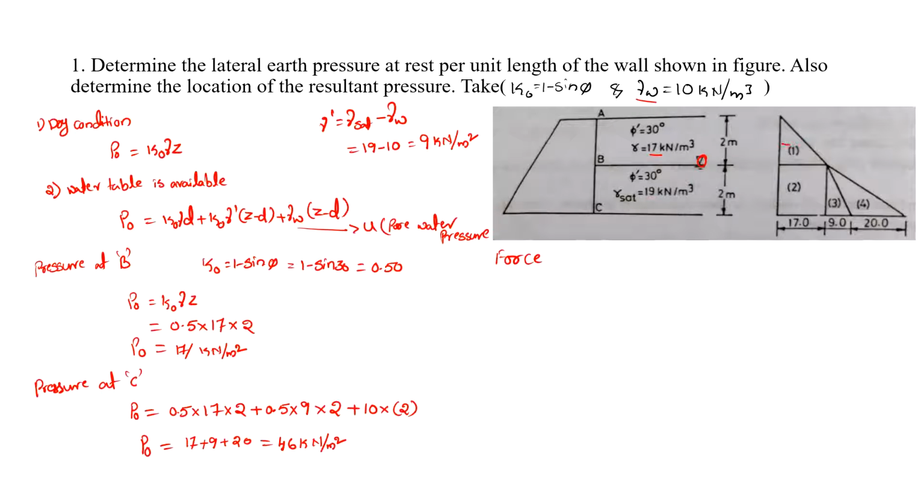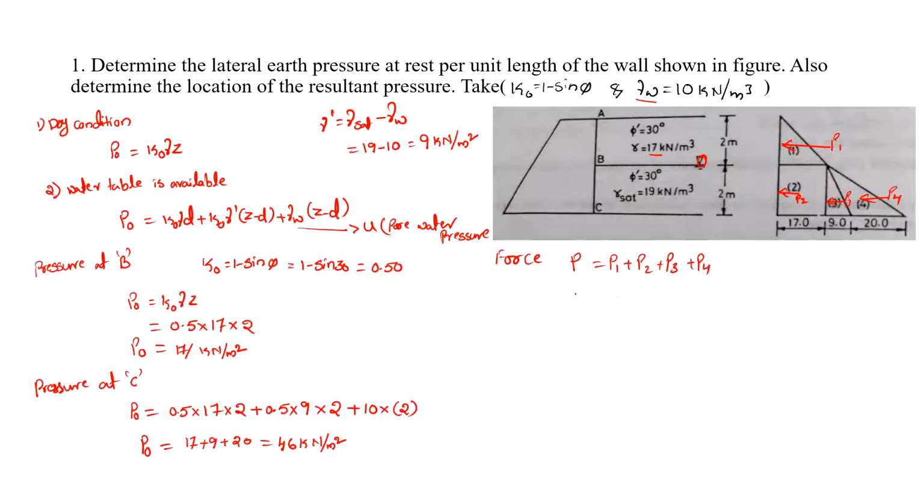So I will write here, this is the P1, so entire triangle 1, and this is the P2. The P2 is in a rectangle shape, and P3 is also a triangle, and P4 is also a triangle, right? If we calculate the area of this pressure distribution diagram, then we can get the entire force. So we have to calculate the total pressure, denoted with P, that is the summation of P1 plus P2 plus P3 as well as P4.